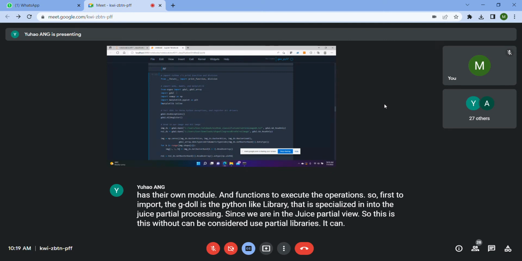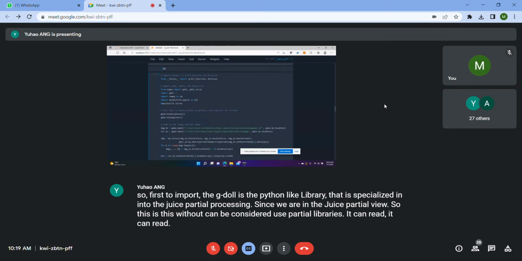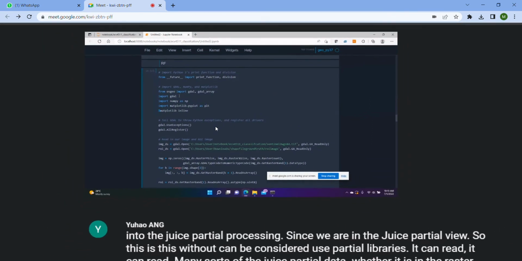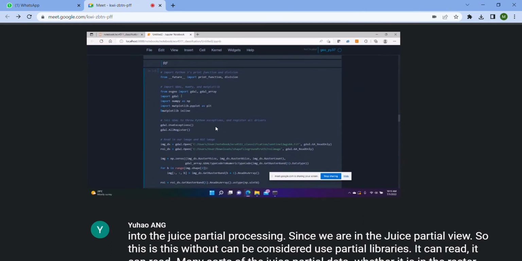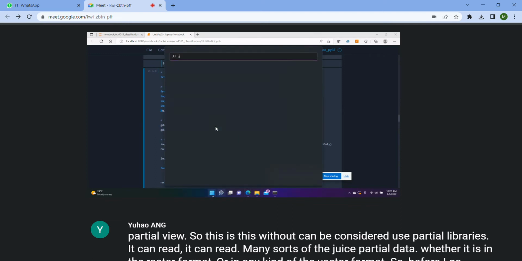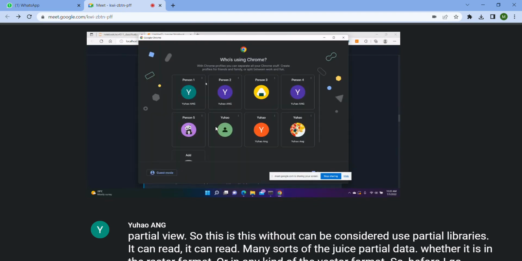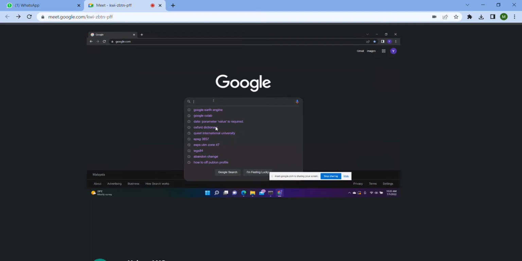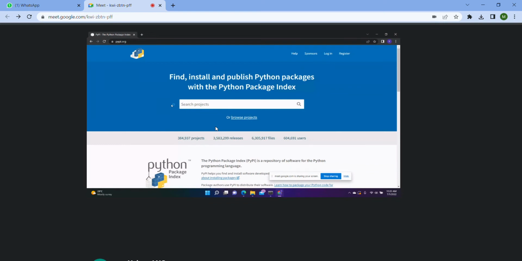It can read many sorts of geospatial data, whether in raster format or any kind of vector format. Before I go deeper, I will show you guys something. If in future you use Python programming for your processing task,